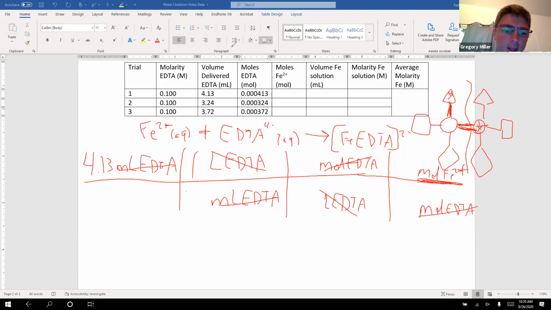Liters and milliliters, this is a metric conversion. Hopefully you guys have those down by now. Moles and liters is always a molarity. The number goes with the moles. The liters gets a 1. Moles and moles is coefficients from a balanced chemical equation. We have nothing written in front of the iron, so that means it's a 1. We have nothing written in front of EDTA, so it's also a 1. So we do this math, and we'll get